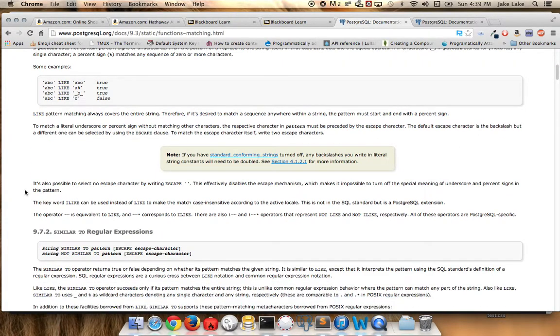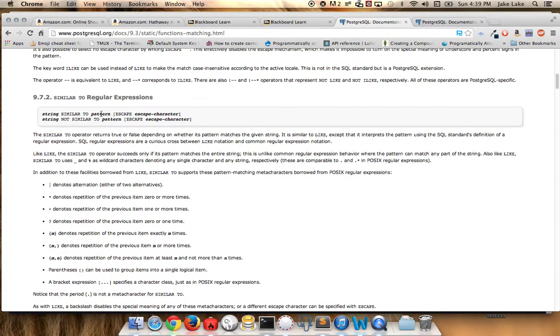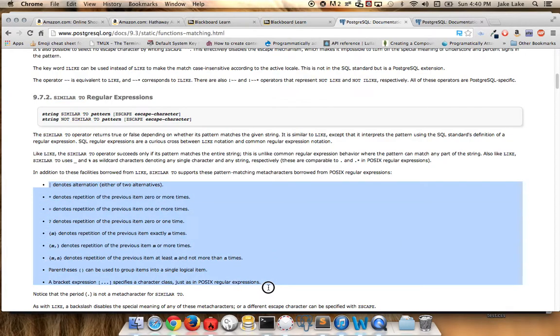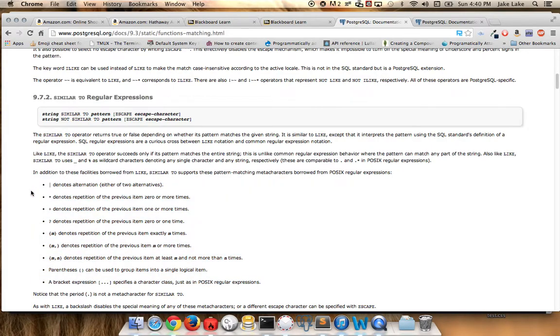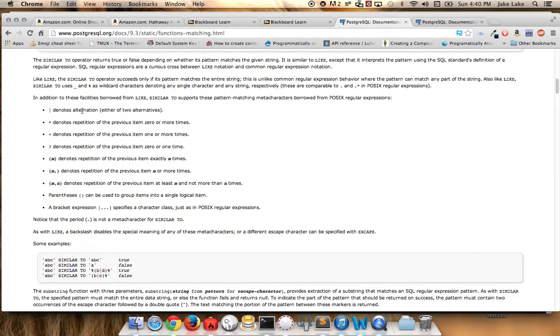But Postgres also has quite a bit more that can be done with it in terms of regular expressions. If you want to use the similar to, you can get full-on POSIX regular expression searching. So maybe you're searching for an email address in usernames, right? You want everything that looks like an email address that are aliases. You could search an entire